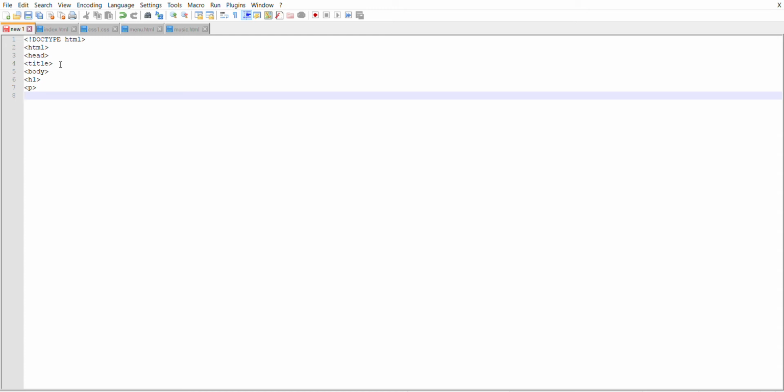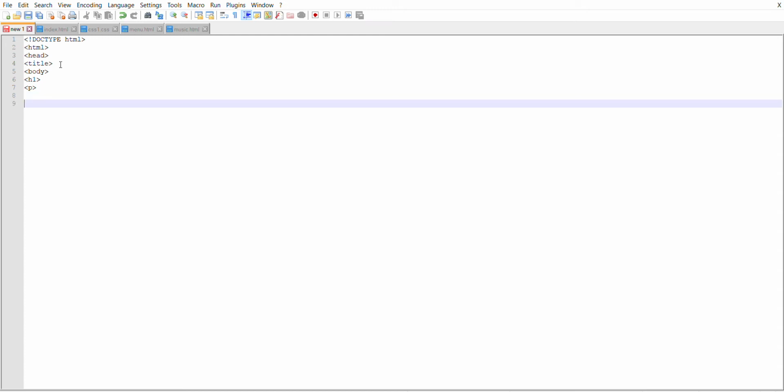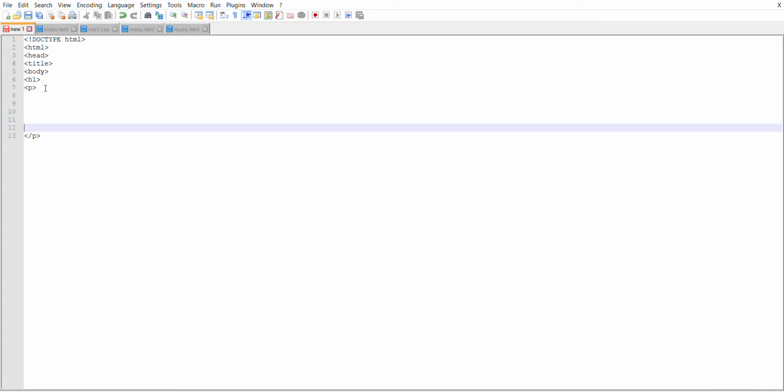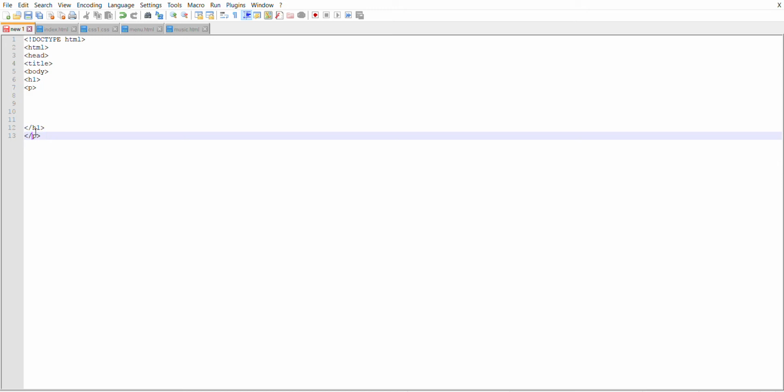Then I will show how to close all of those. So you'd want to do something like paragraph close, H1 close. Oh, I like to put these on different lines though. Here, put this down a little bit. And as you see here, that is how to close a tag. So once it's open, that means